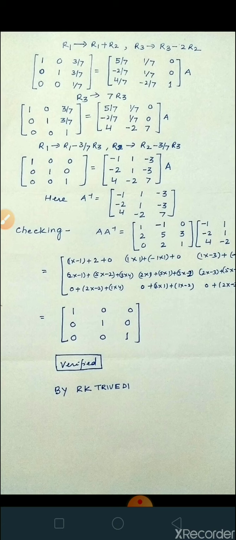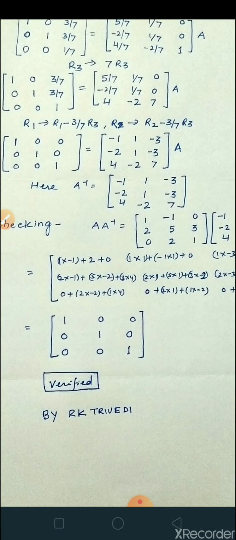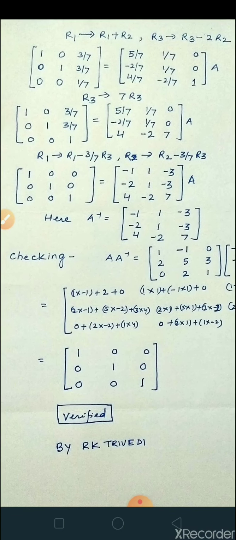Children, the same operation will be applied on RHS. As I told you, in the next step we shall make A33 equal to 1. Here A33 is 1 upon 7, so simply multiplying R3 by 7 we shall get the desired result. So replace R3 by 7R3. Now the matrix becomes [[1, 0, 3/7], [0, 1, 3/7], [0, 0, 1]].